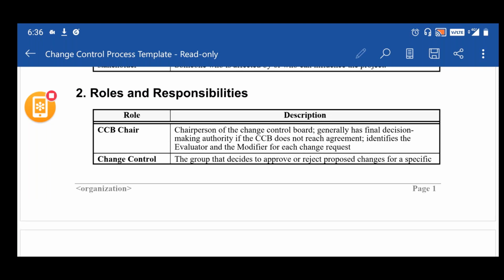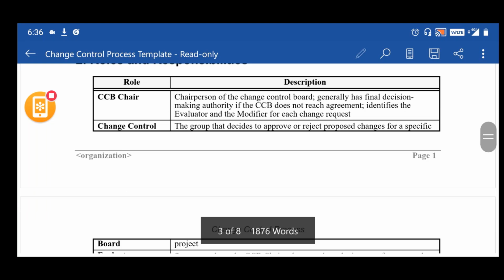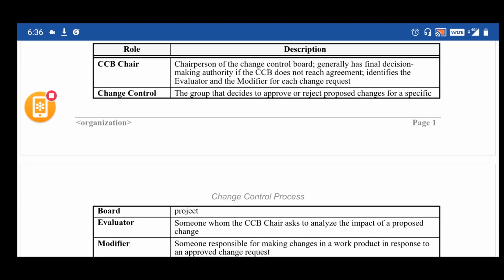The chairperson generally has the final decision making authority if the CCB does not reach an agreement. So who assumes the role of CCB? Obviously the people who have years of experience on a particular application and who have the technical understanding. They know the application in and out and what could be the impact of a particular change on the system.